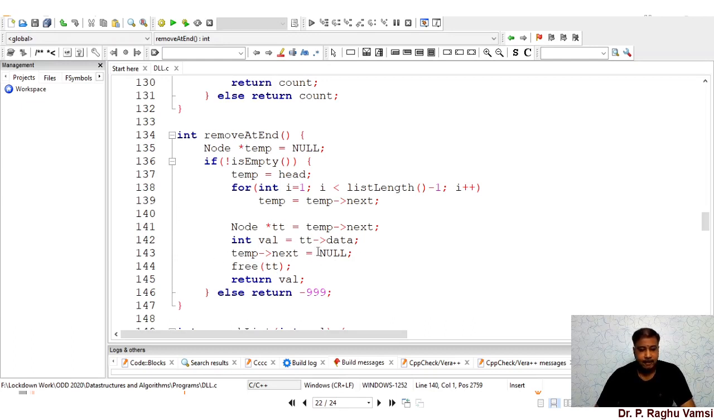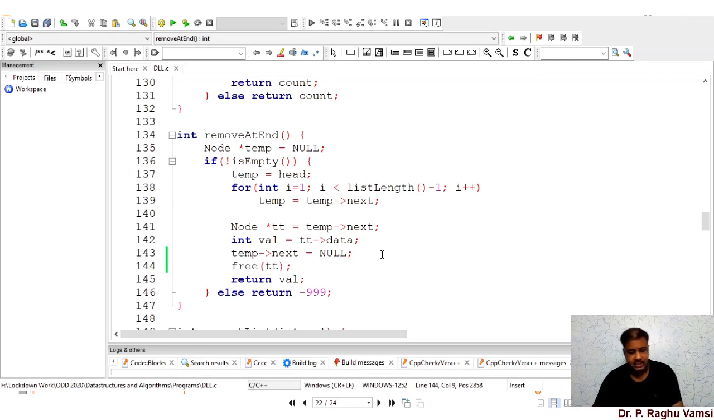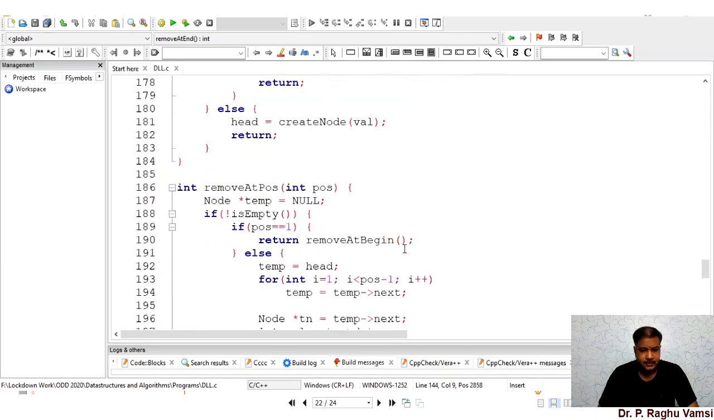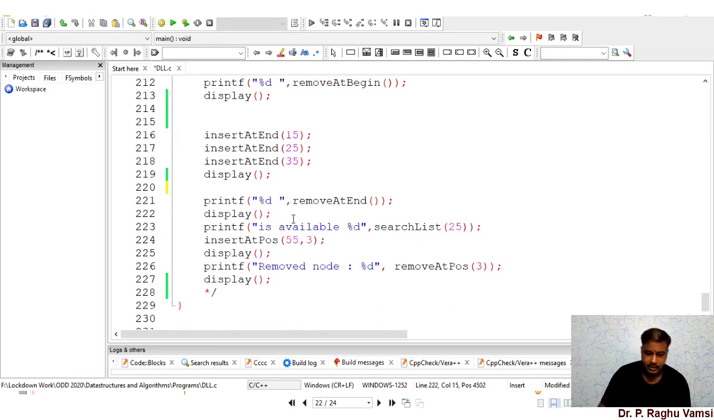So temp next is equal to null. Then tt previous. Anyhow, we are going to remove the tt. So there is not much difference between the single linked list node removal and double linked list node removal at end. So no additional thing was added here. We can use this particular function as it is. We'll see whether this particular code will execute for double linked list or not. So I will uncomment this